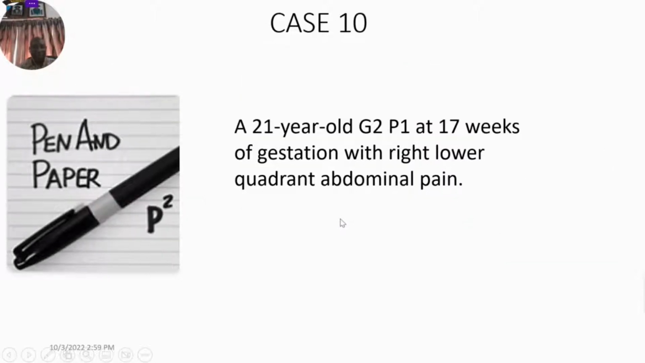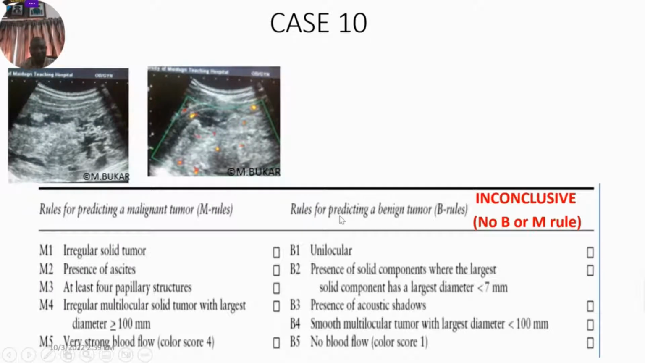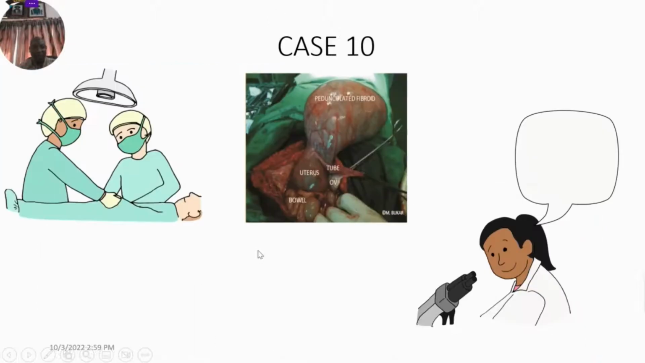Case number 10 was a 21-year-old gravida 2 para 1 at 7 weeks of gestation with right lower quadrant abdominal pain. No M rules, no B rules, so it's inconclusive. But she had surgery. At surgery, we confirmed that this was a pedunculated fibroid, and histology confirmed that it was a degenerated uterine